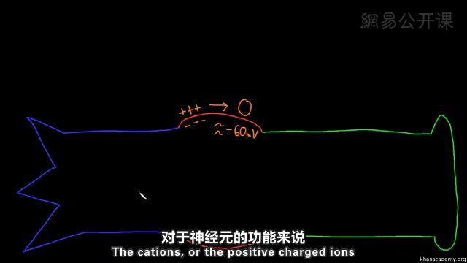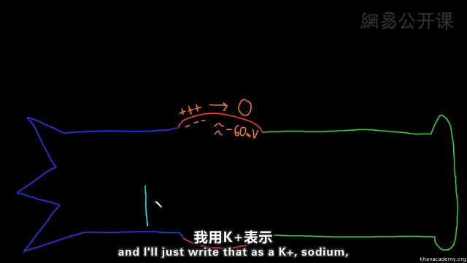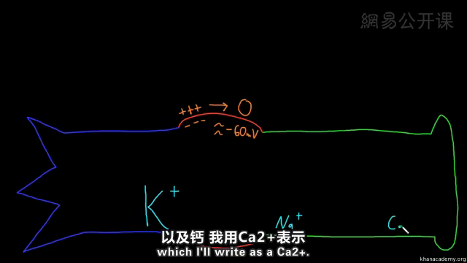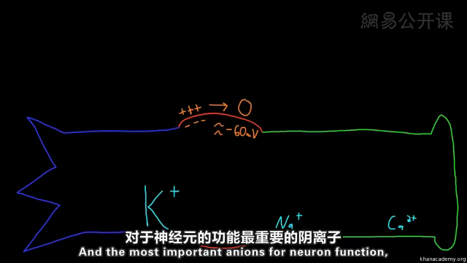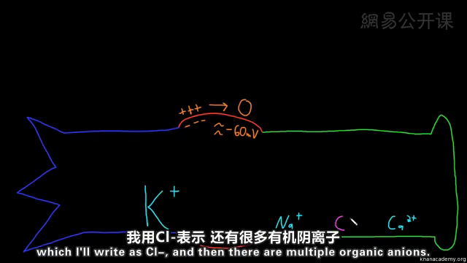The cations, or the positively charged ions, that are most important for neuron function are potassium, which I'll write as K+, sodium, which I'll write as Na+, and calcium, which I'll write as Ca2+, because each calcium ion has 2 positive charges. And the most important anions for neuron function, or negatively charged ions, are chloride, which I'll write